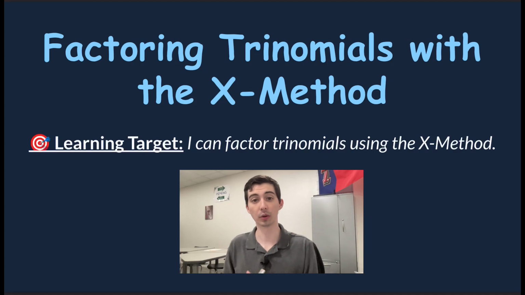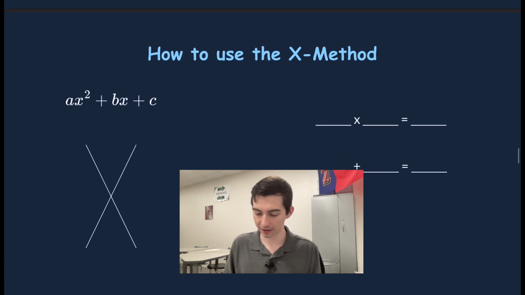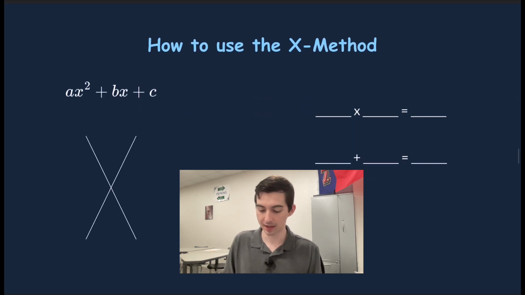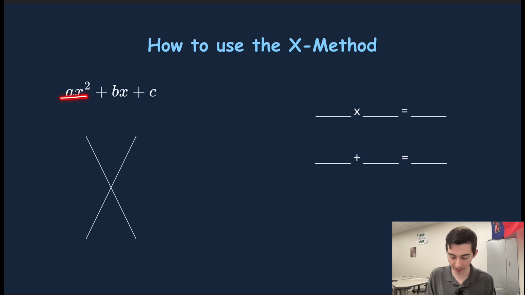In this lesson, we're going to learn one method to factor trinomials called the X method. And so we're going to see how the X method works. The X method works when we have our quadratics in standard form like this, which is ax squared plus bx plus c. And so we're going to make this big X, and it's going to help us see our factors